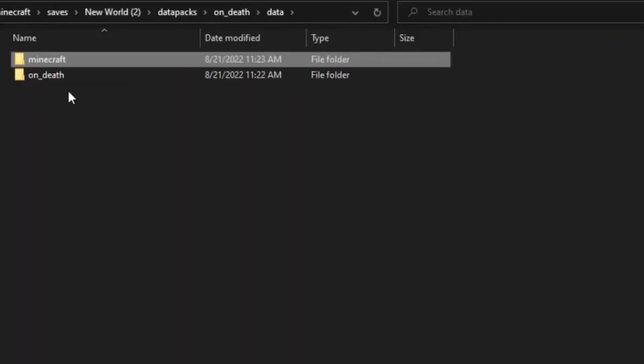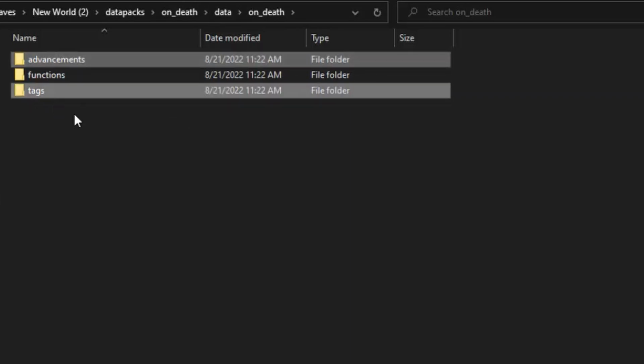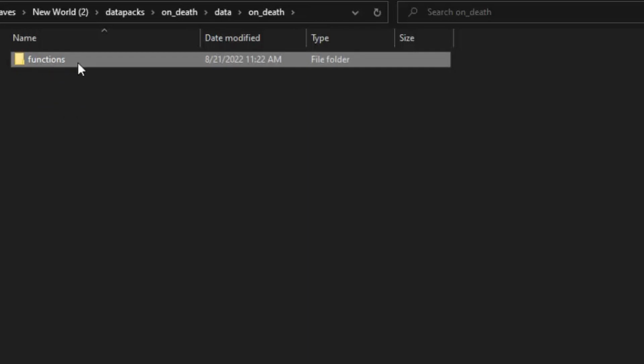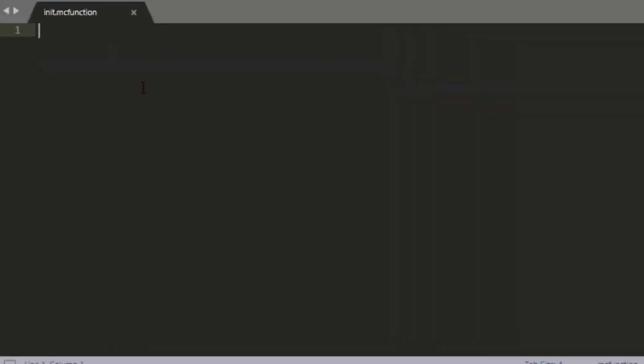So now if we go back into here and we go into on death, now we can go into the advancements we don't need and the tags folder we don't need because we're just doing functions here. And inside functions, we have init and main. So inside of init, what we're going to do is make a scoreboard to detect when the player dies. To do that, we are going to do scoreboard objectives